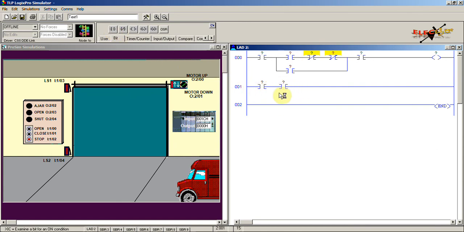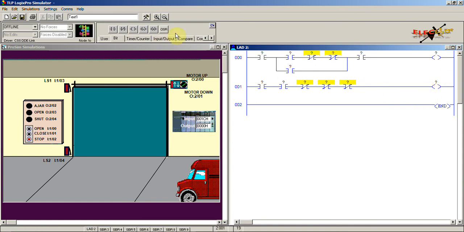Since when we press the down push button this instruction will be true, and then examine if open instruction for the up push button, and then examine if open instruction for the up interlock, and then examine if open for the down limit, and then the output which we will be using here is the down motor contactor.